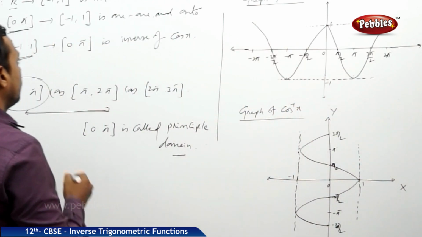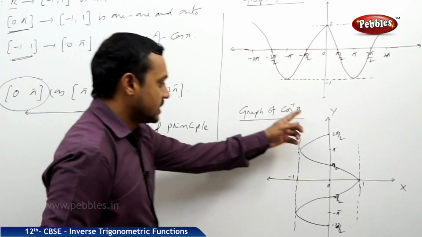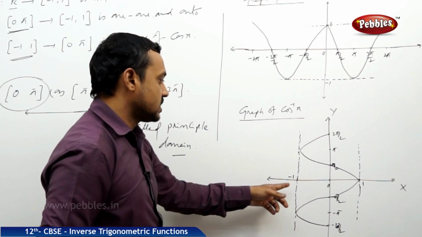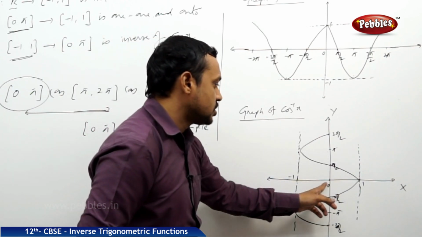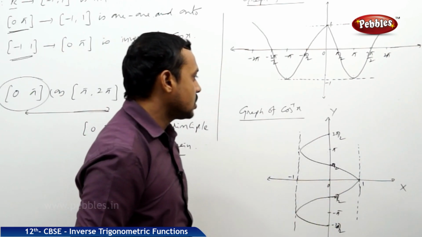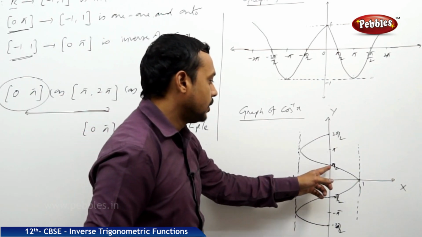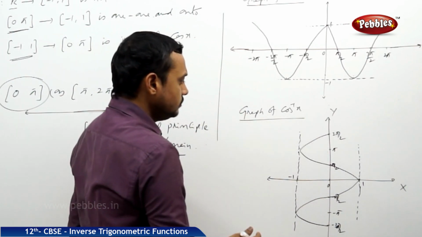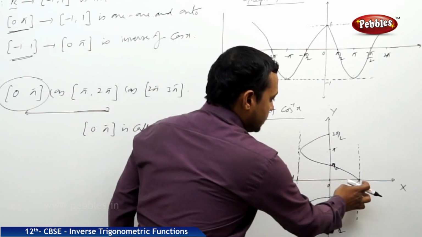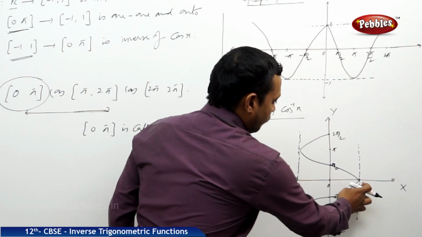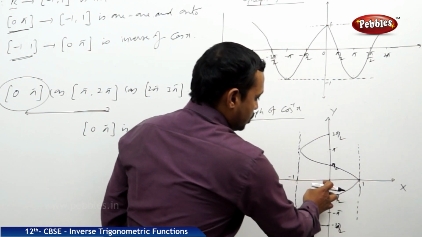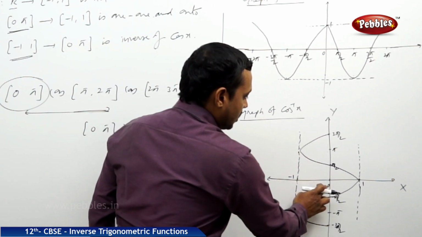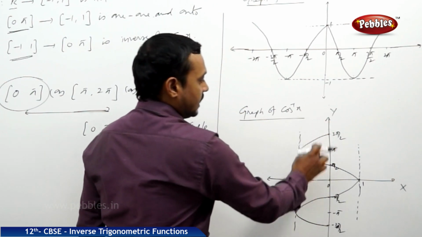Okay. Now the range on the y axis is between minus 1 to 1, and cos inverse x is defined like this. Cos 0, cos inverse 0, 1. Cos inverse of pi by 2 is equal to 0. And cos inverse of 1 is equal to 0. And cos inverse of minus 1 is equal to pi. Cos inverse of 0 is equal to pi by 2, like that.